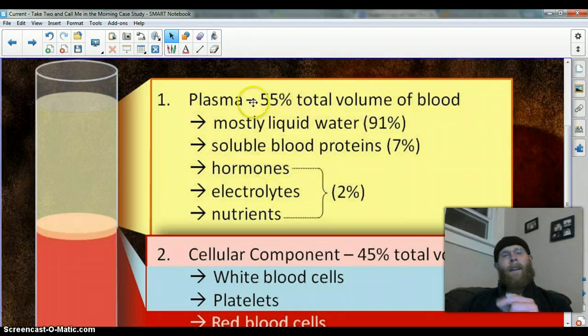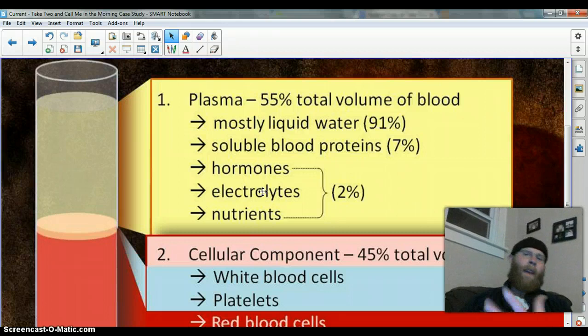But again, back to blood components. Plasma, 55% of your total blood volume, is made up of this watery stuff. It's just a mixture of water, 91%, your blood proteins like fibrinogen, albumin, and globulins, which make up about 7%, and the remaining 2% is a mixture of your hormones like insulin, glucagon, growth hormone, you name it. Whatever hormones are found in your blood at that moment in time when they take that sample, electrolytes,